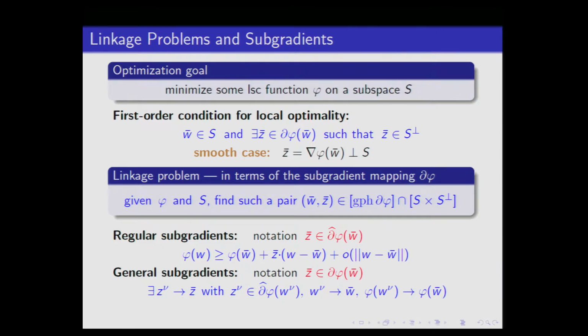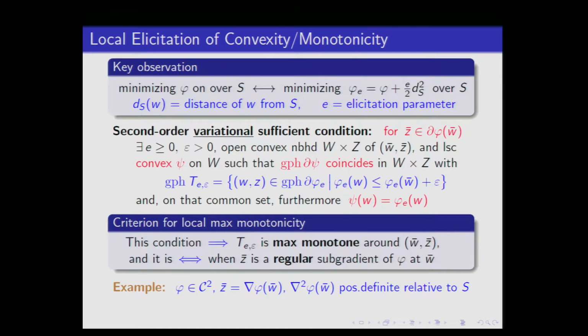All right, that's the first order condition. But what's critical here is something about second order and elicitation. So here's the critical idea. Remember, I want to minimize a function phi over a subspace S. But there's no change in the problem if I add to that function a multiple of the distance squared from the subspace, because the function agrees on the subspace. There's nothing added, and I'm not passing to a penalty formulation. I'm still minimizing over the subspace. But adding that doesn't change the problem.